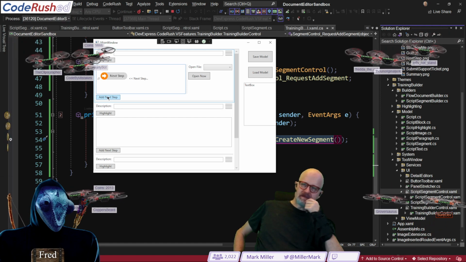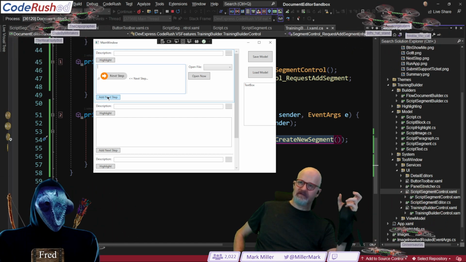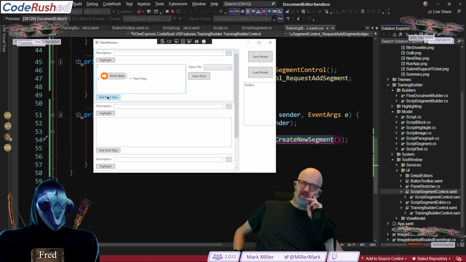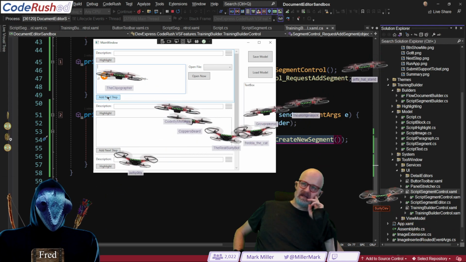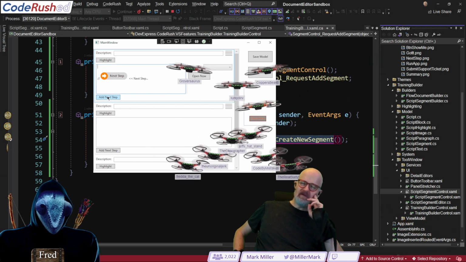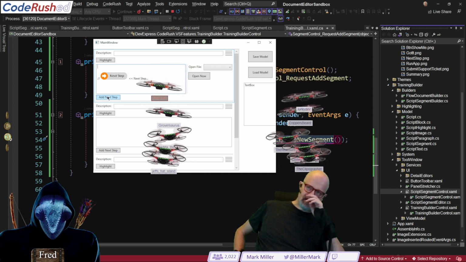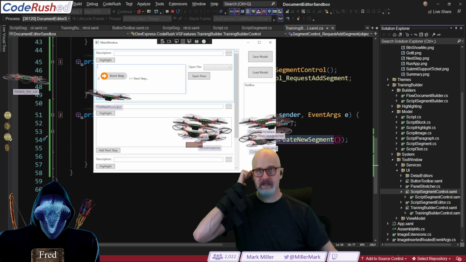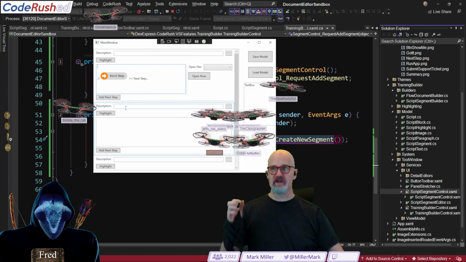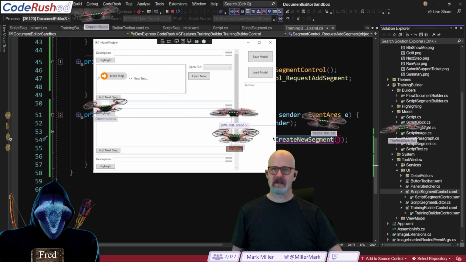So I'm playing with this idea that the model was actually around and influencing it with data binding, but it's really not. The model is more like a serialization of what you've got at any given point. Yeah, you're right. Because of that, I'm not going to data bind to it. I'm going to simply fill this in, and as this changes, I'm going to respond to it. That's what I think I'm going to do.